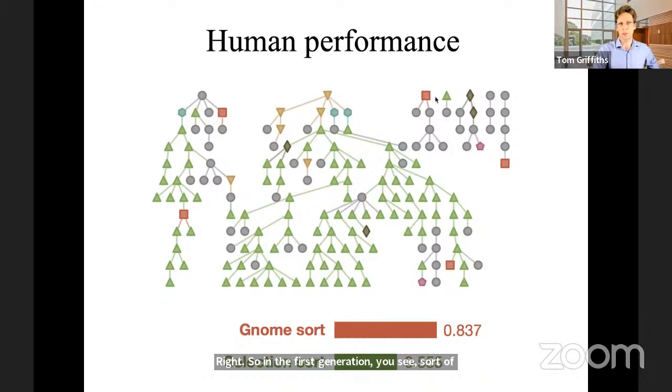And so the different shapes and colors here correspond to different algorithms on that list that I showed you before. But pretty quickly, people come up with selection sort, and then selection sort kind of dominates the population, right? That's the first thing you can take away from this. There's a lot of green on here. The second interesting thing is a bunch of times people come up with gnome sort, but it never takes off. Okay, so there's a better performing algorithm that people innovate multiple times, but it never gets taken up by the